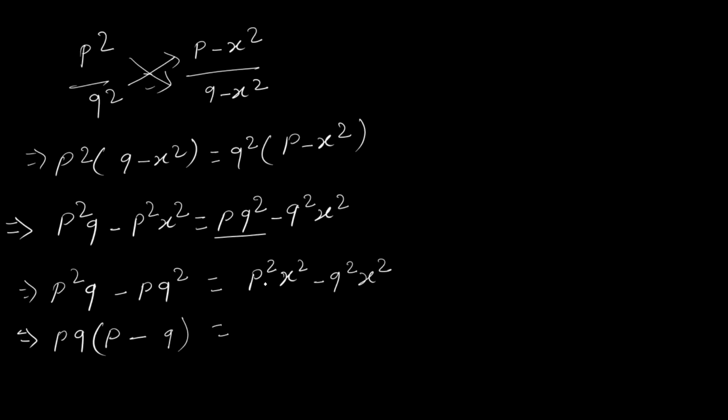Here also what I'll take? I'll take what is common in this 2? P square. Here you don't have P square, so P you cannot take common. X square. Here yes, you have X square. X square I took common. What is left with? P square minus Q square. Am I right? Right, sir.